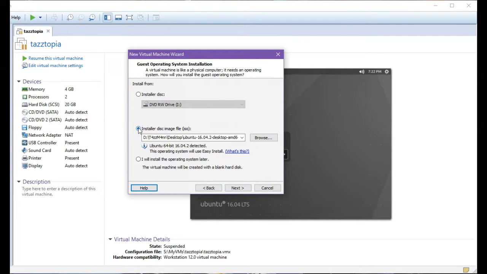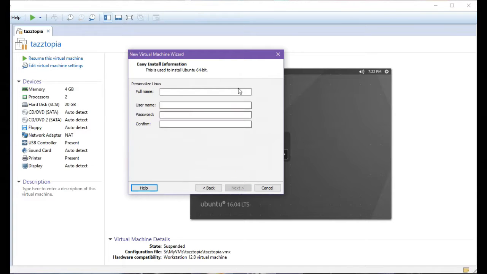And then here we're pointing to our desktop where I have the Ubuntu ISO. As you can see, it's 16.04.2, and it's 64-bit. So we hit next on there. The next thing we need to do is give a username. So we're just going to say T4zzM4NN, and for the username we're just going to do lowercase, same thing, T4zzM4NN, just like that. Give it a password